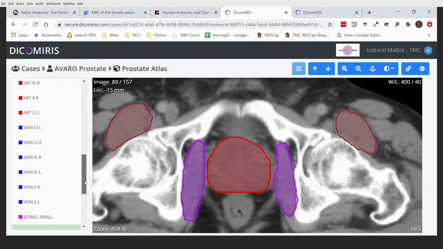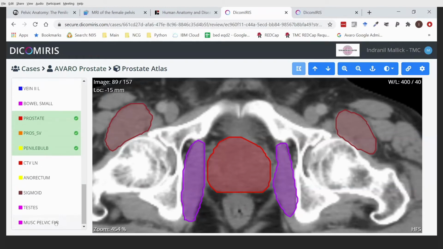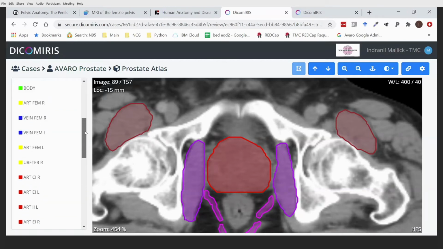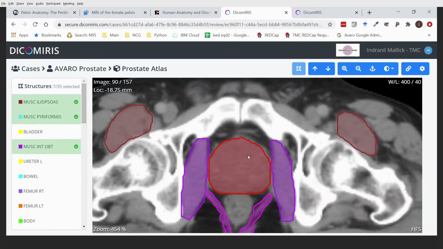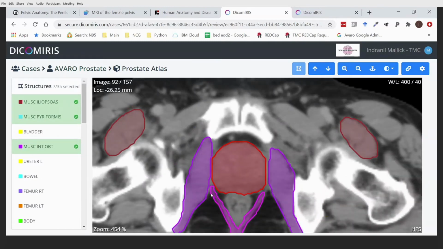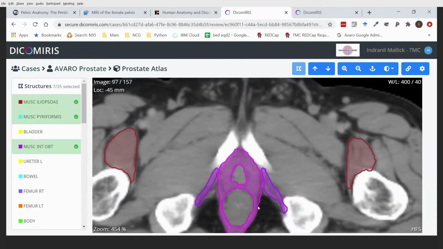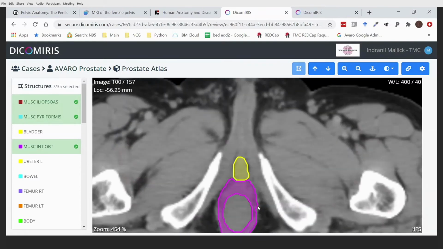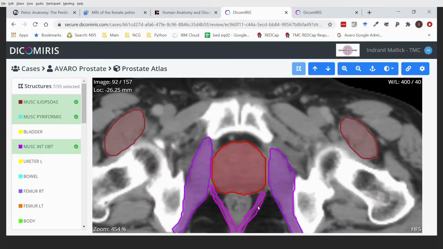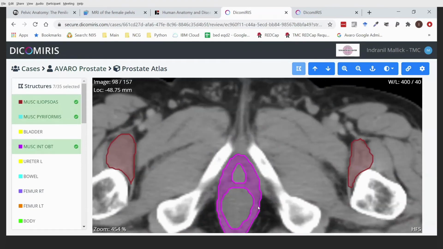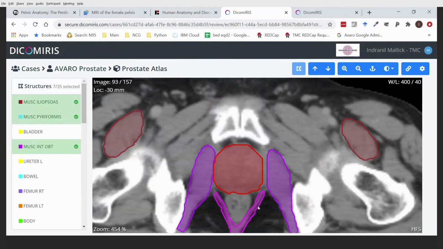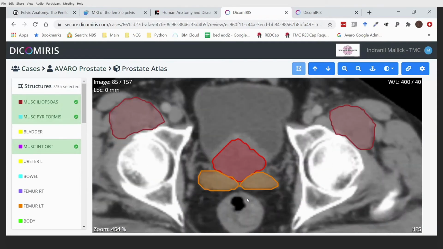This is the pelvic floor musculature, which is formed by the levator ani muscles. The red one is the iliopsoas. Okay, so it's important to differentiate these structures from the prostate gland when we draw it. Now, for the nodal volumes, let me